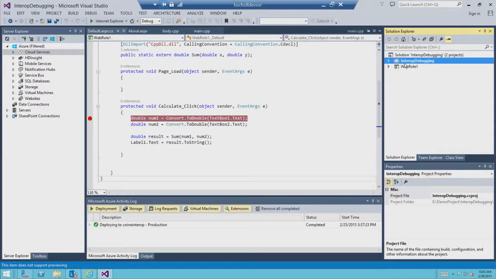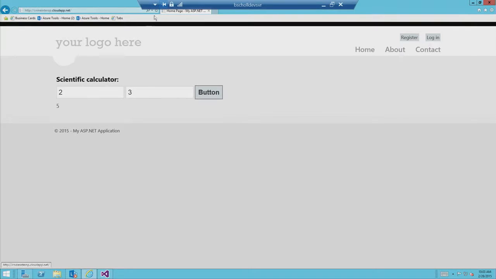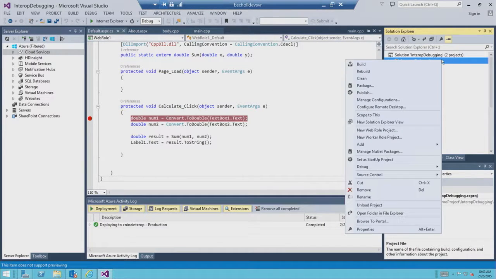Yep. So this is a cloud service project, and it has a web project associated with it, called WebRoll. The WebRoll project, just to give you an idea, is very simple. As you can see, I'm a gifted UI developer. It's basically gorgeous, a calculator. Yes, very minimalistic. And the way you deploy it is, you can go in here and say,